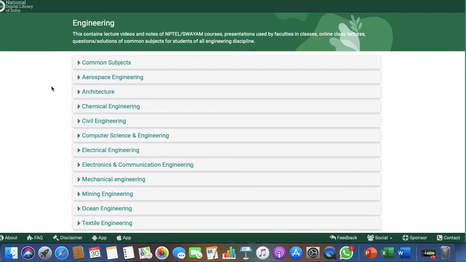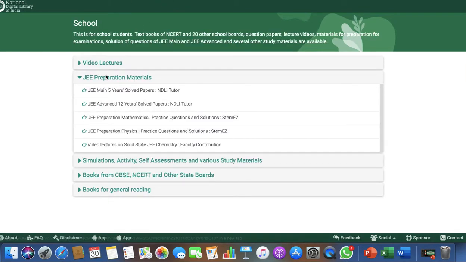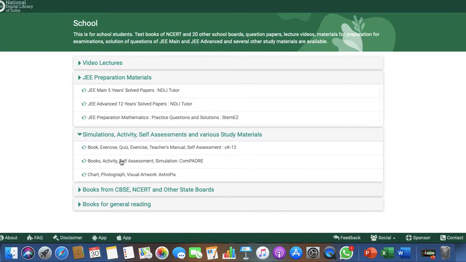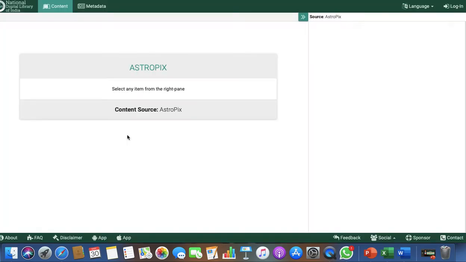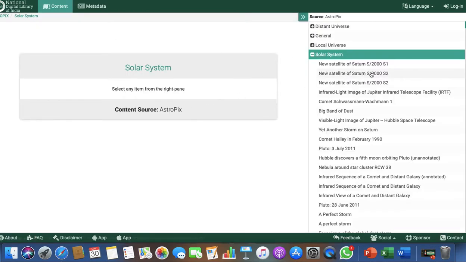Now suppose you are here for school purposes. I have told you about the JEE preparation pages. There are also simulation activities, and if you want to see charts and photographs, you can go there. Like the solar system, if you want to see how it looks, they have directly given you the links. For example, a new satellite of Saturn, S2000 S1.